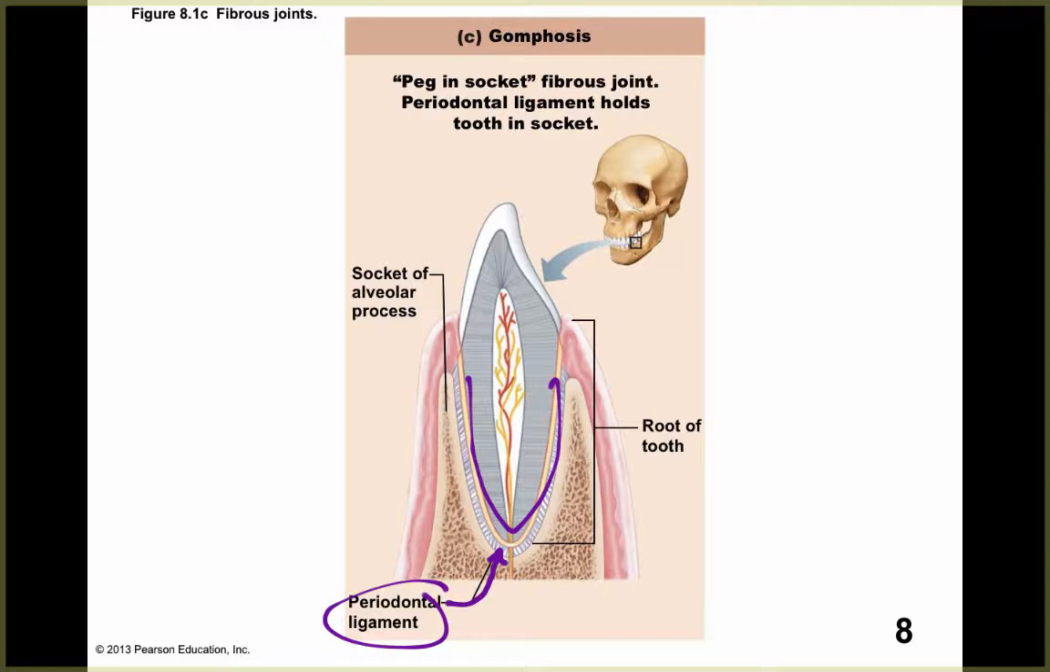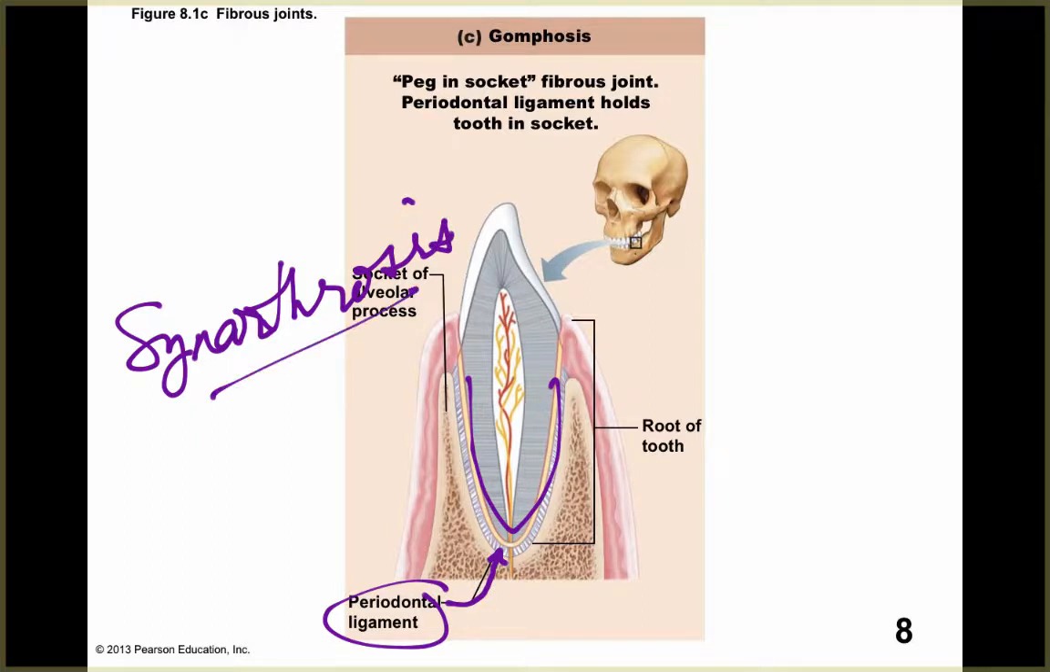An example of gomphosis is the tooth fastening to the maxilla or the mandible by a periodontal ligament. And what kind of movement do you think is in this area? Hopefully you put synarthrosis, right? It is immovable, or you're hoping it is. You don't want your teeth to move, right? So those are the main types